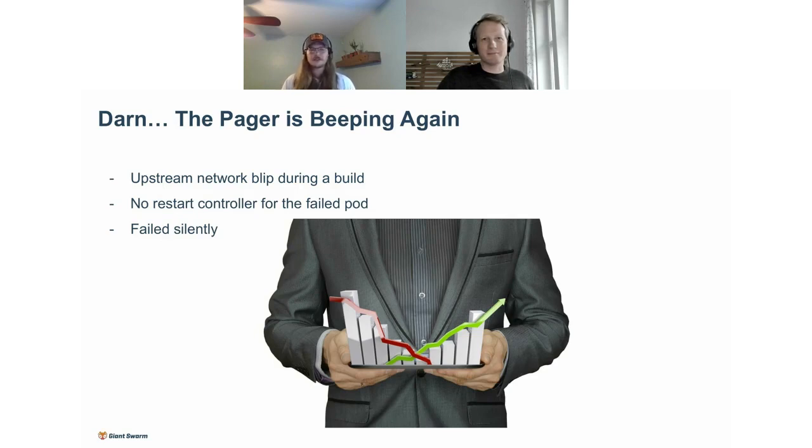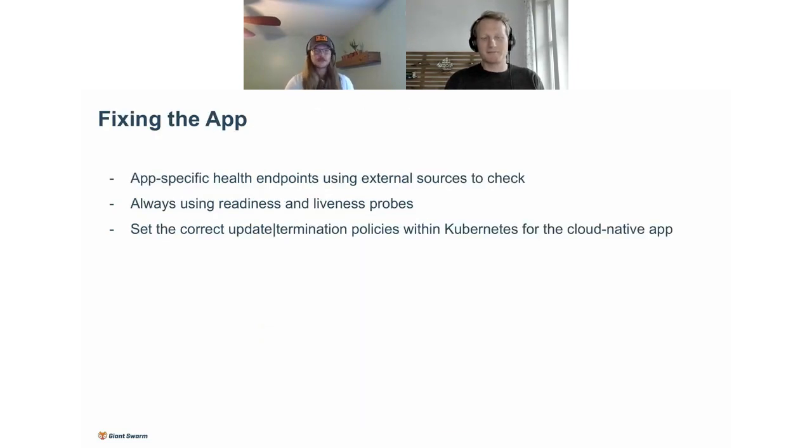There's no restart controller for that failed pod because we're running as a static pod. And we don't have any kind of back off controller. We don't have any kind of monitoring around it. So the only reason we even knew this failed is because the developer who pushed it didn't see this update and said, wait a minute, so how do we fix it? Well, via Kubernetes, we can't really do anything. We actually have to go back to the build and kick off the entire thing again, which obviously is not optimal.